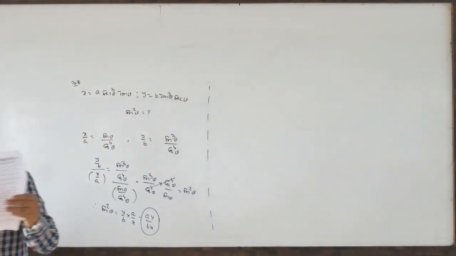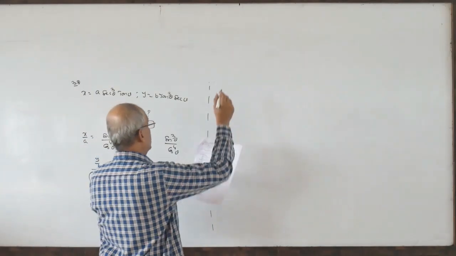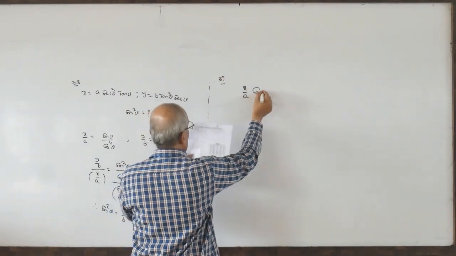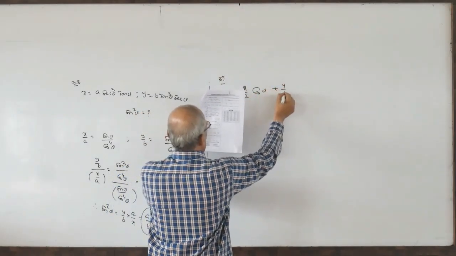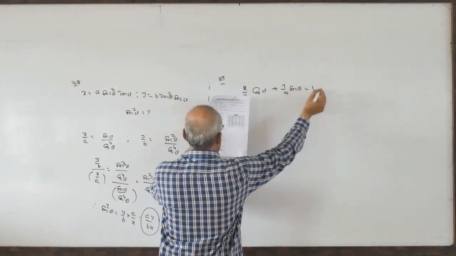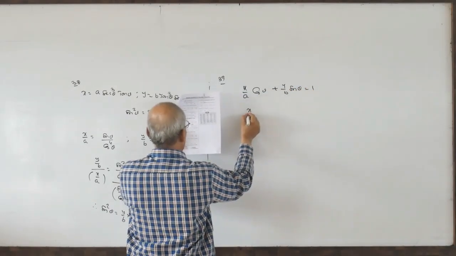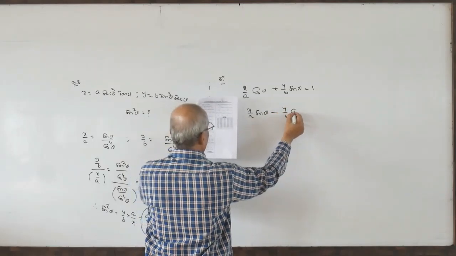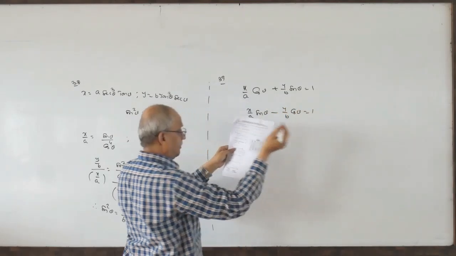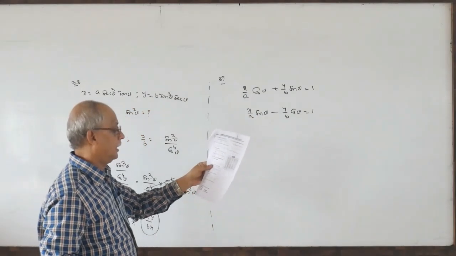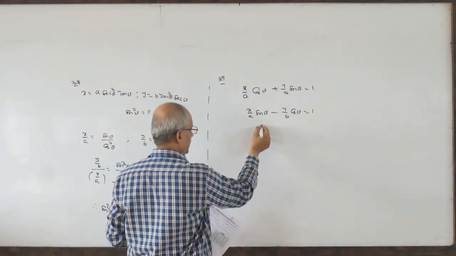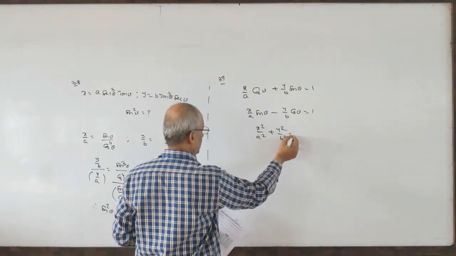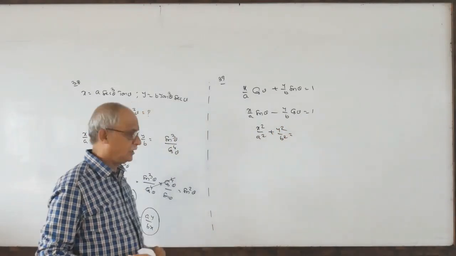39. x by a cos theta plus y by b sin theta is 1, first equation. x by a sin theta minus y by b cos theta, second equation. Eliminate theta, this is the problem. That's why he is asking. That question itself gives a hint. Directly he only gave you a hint. What is the hint here?